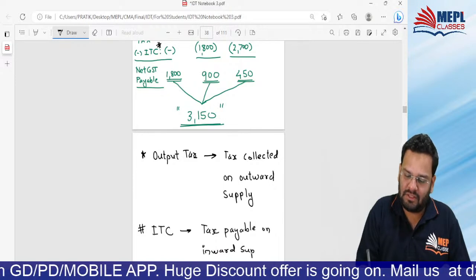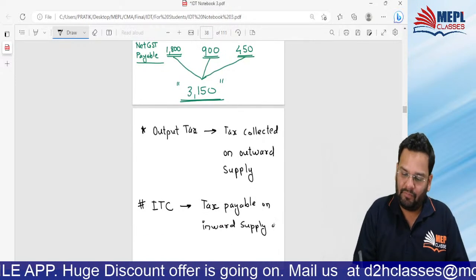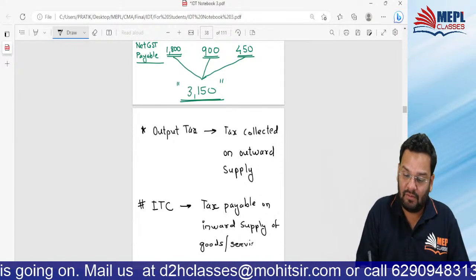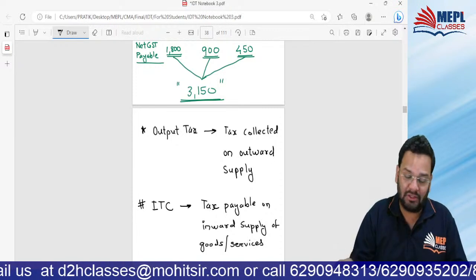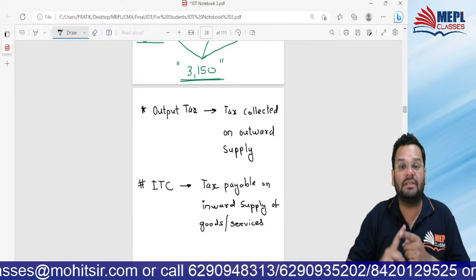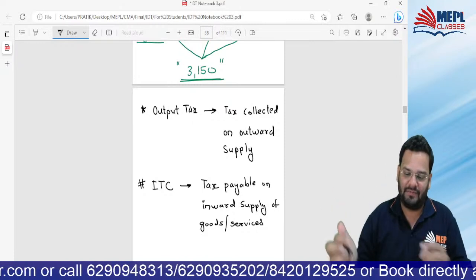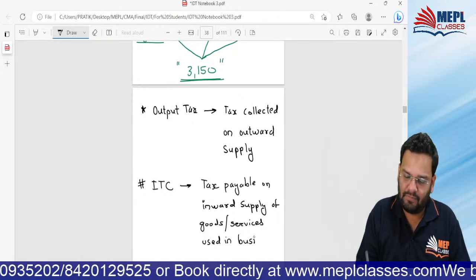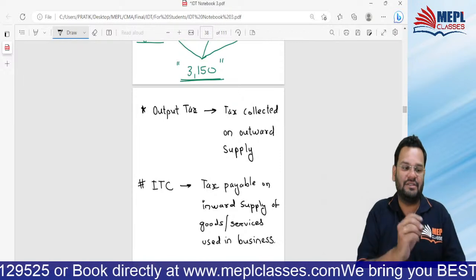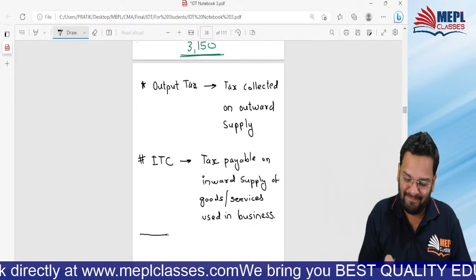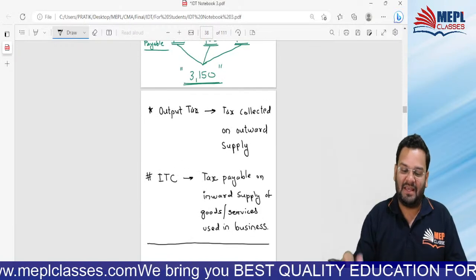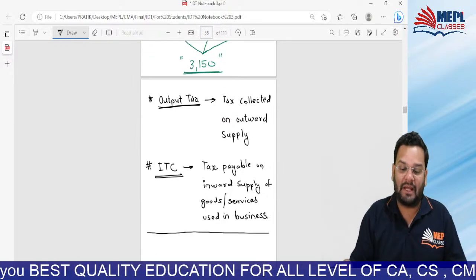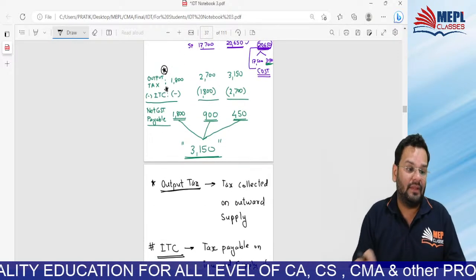On inward supply of goods or services. Agreed. Which goods or services? Such goods or services which are used in the business. Is it clear to all of you till this point? So I understood what is output tax, and I understood what is input tax credit. Now see,